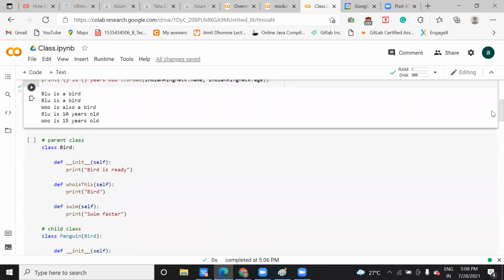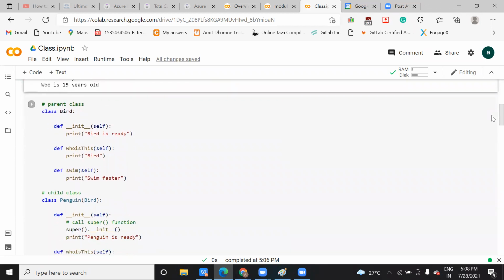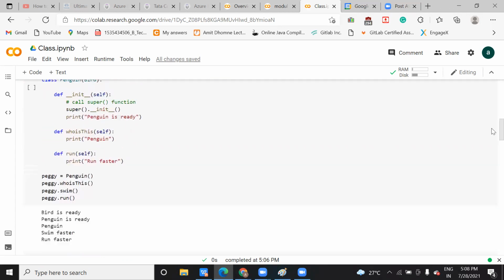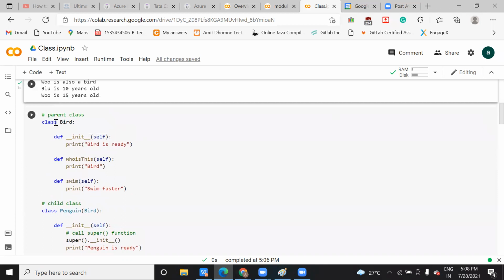Yeah, okay. So let's see some more examples here. Again, I have declared one class, bird, I have created here. And inside that class, I have created multiple functions. First is my constructor. In that, I'm using self. Again, I have created one function. You can create multiple functions here. Let me first run this and then I will explain it to you.